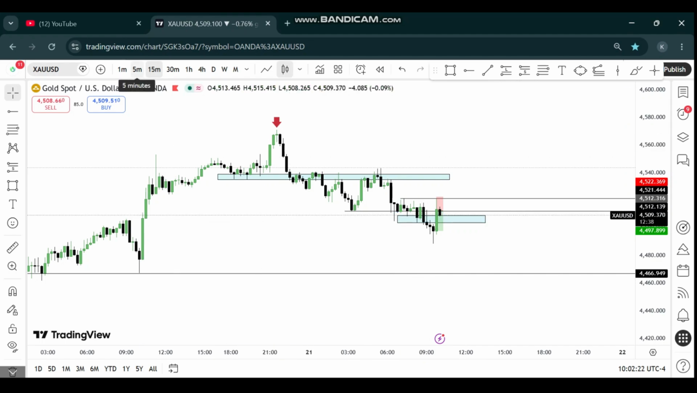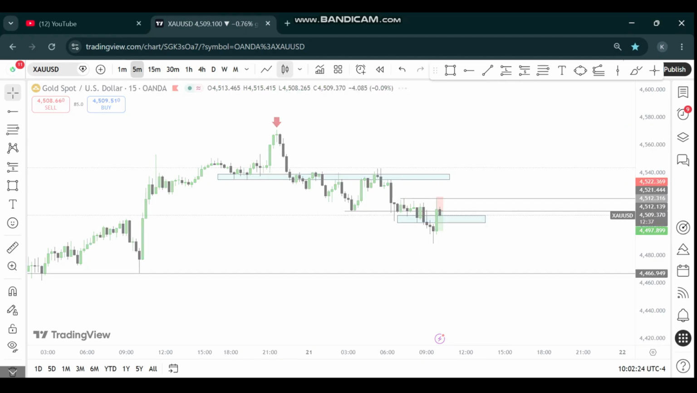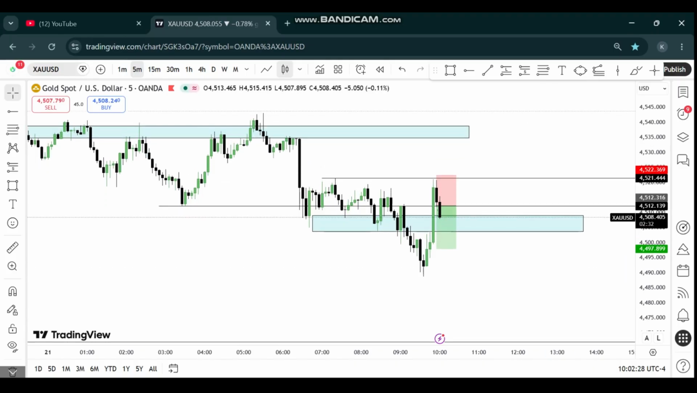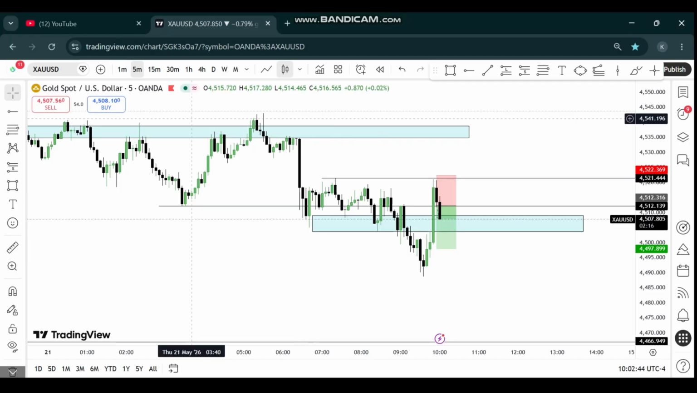So we got the direction from the 15, and we are getting structure from the 5. It's kind of a bit consolidating here, but it did break the level here and it came back, and then found resistance up here because it did not hold it here, so it found resistance here,